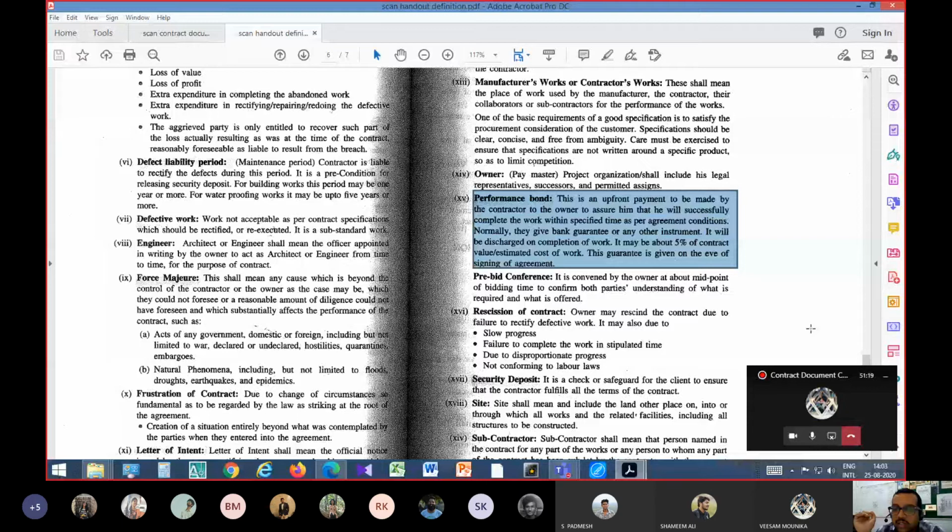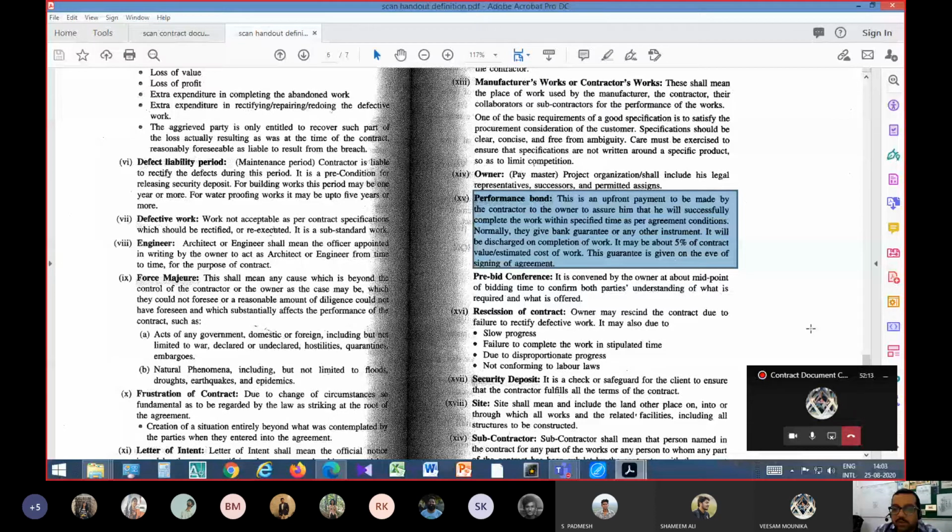Remember this, that when the work gets completed, it is not that the contractor's liability is over. But on the date of completion, when the completion certificate is being given, the performance bond has to be returned, because it will now be utilized by the contractor in some other project as another performance bond. But the liability remains for one more year even after the construction is over.